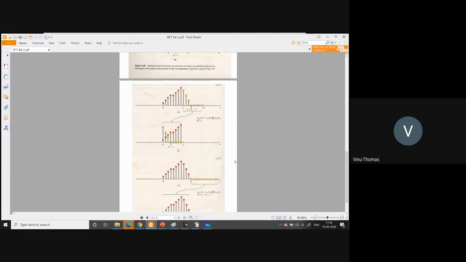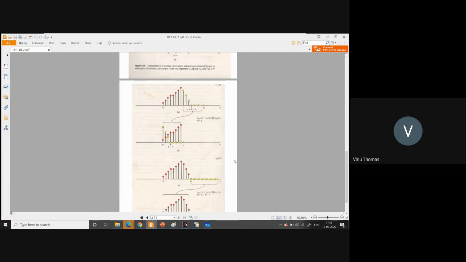Okay. So can someone repeat this? Meenakshi, when you do an L point circular convolution, how many samples are incorrect? 0 to P minus 1 samples are incorrect. No, the first P minus 1 samples are incorrect. So that will be from 0 to P minus 2. That is very important. Samples from 0 to P minus 2 are incorrect. So please get that clear. 0 to P minus 2 are incorrect.